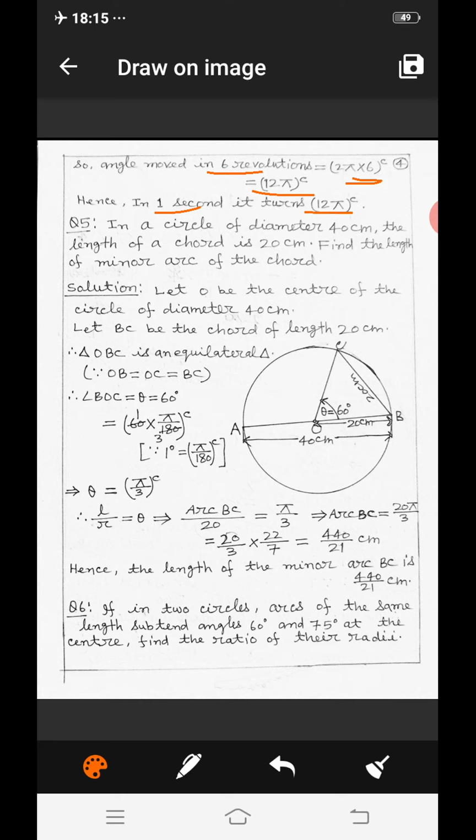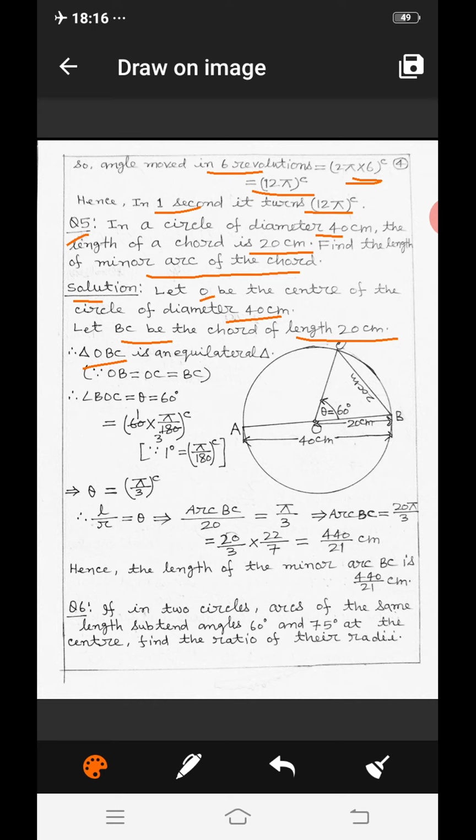Question number 5. In a circle of diameter 40 centimeter, the length of a chord is 20 centimeter. Find the length of the minor arc of the chord. For the solution, let O be the center of the circle of diameter 40 centimeter and BC be the chord of length 20 centimeter. Since triangle OBC is an equilateral triangle,